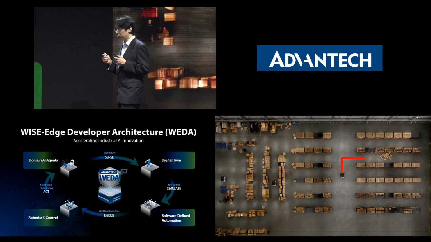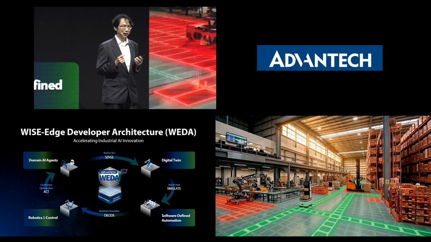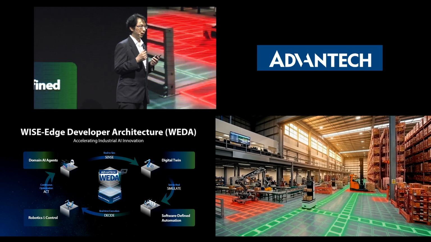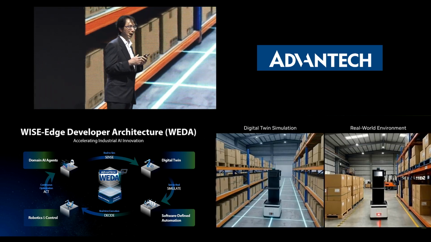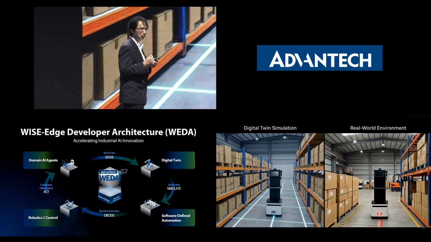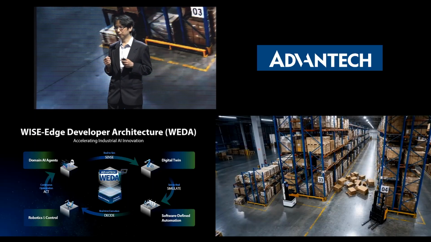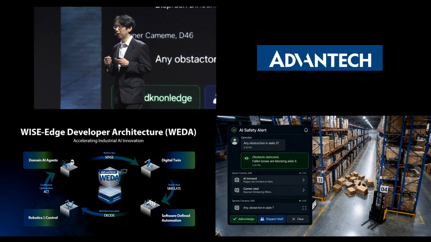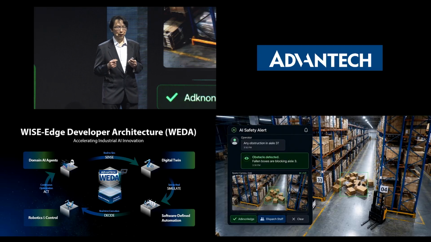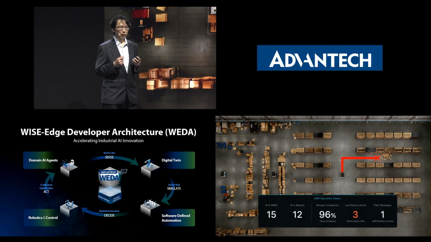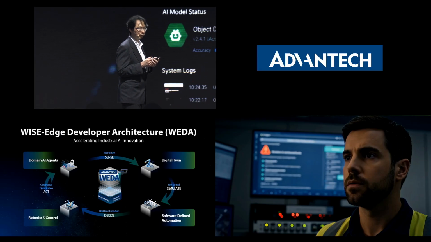When an AMR in the real world faces an unexpected event, such as something never trained before, since we have deployed the AI agent on it, it can act like a human-in-the-loop assistant. It raises alerting information to the operator and helps him make a decision on how to handle this event that it has never seen.